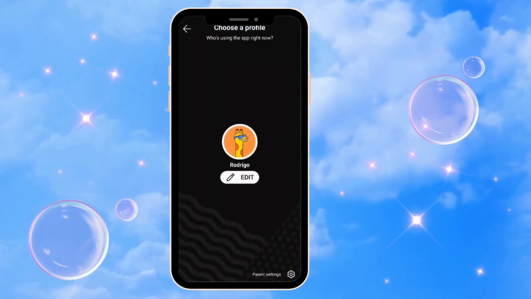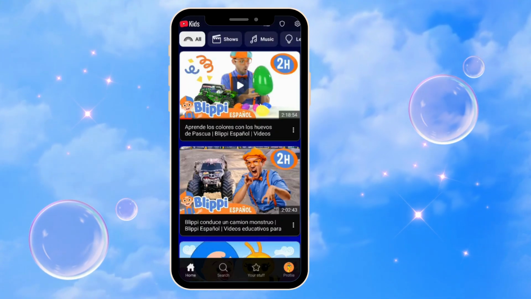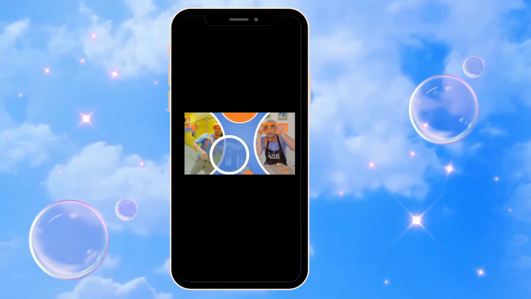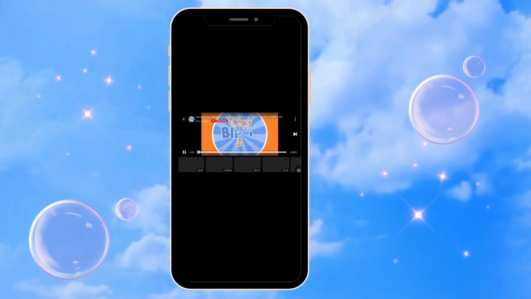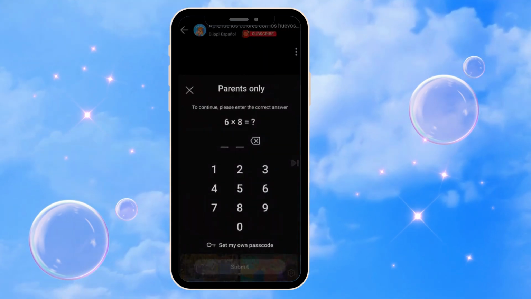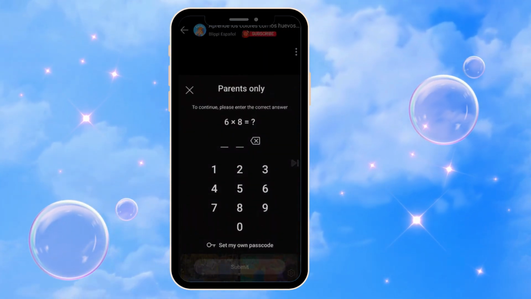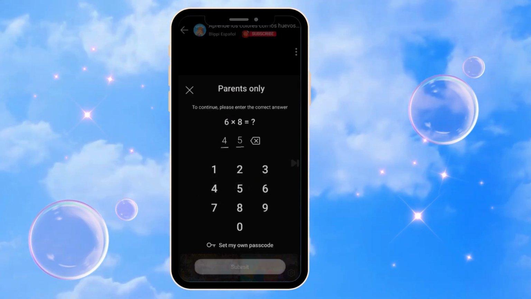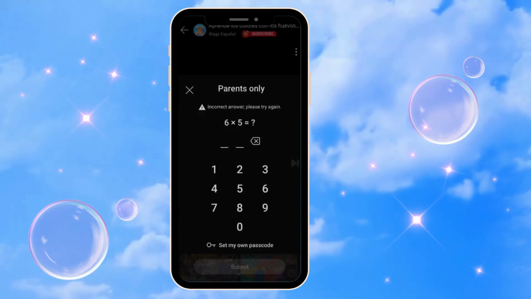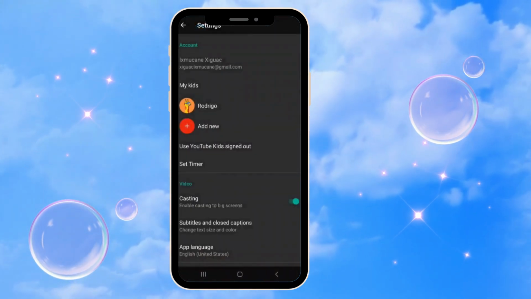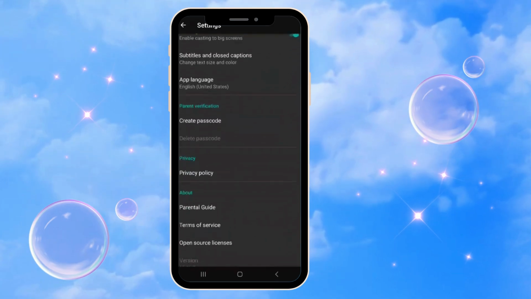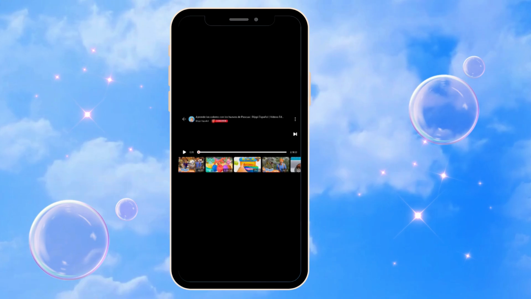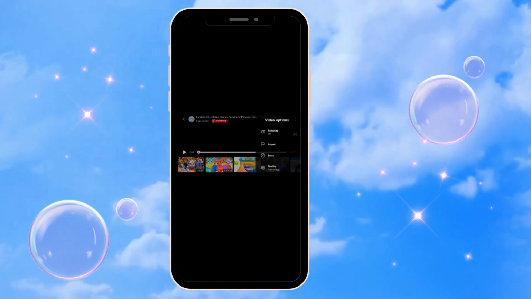As you can see, I can see my son's profile. I have to go to the video section and, Hay tanto para ver, vamos a aprender con Blippi. And also, if I don't want him to use it, I'm going to try to continue with multiplications. But as you can see, if your child keeps trying all the time, he's going to have difficulty. So it's important that you take care of this because it has a lot of